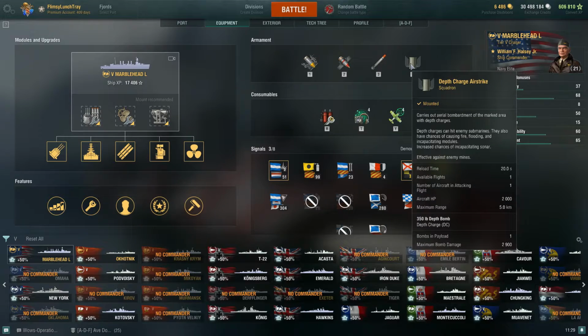Now, with the depth charge airstrike, you have a reload time of 20 seconds. With some of the perks, adrenaline rush and stuff, I think we had ours around 16 seconds when we were dealing with an enemy sub. You get 1 available flight, 1 attack aircraft in flight, 2,000 hit points, and 1 bomb per payload. Maximum bomb damage 2,900. So it doesn't have a long range, 5 kilometers,